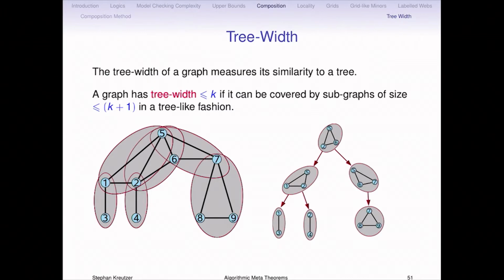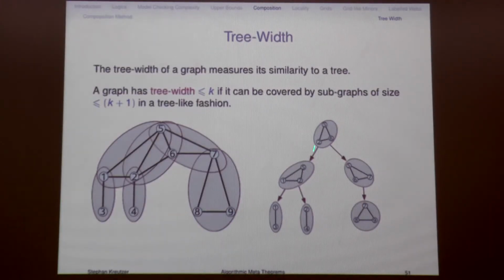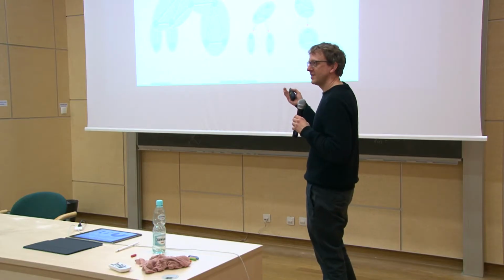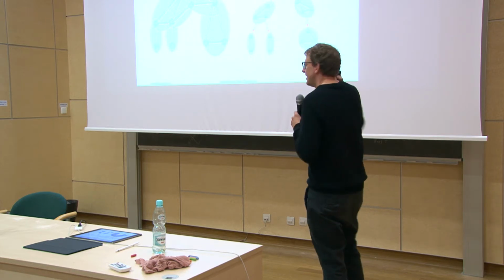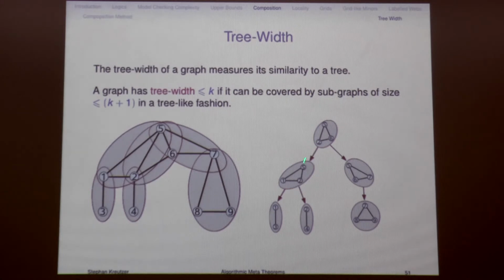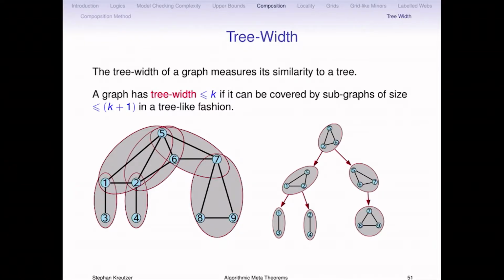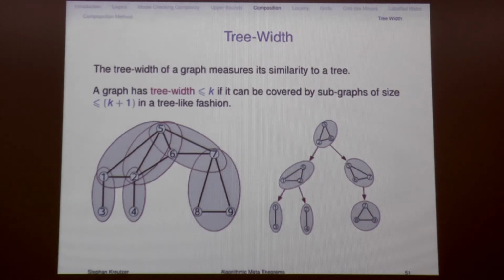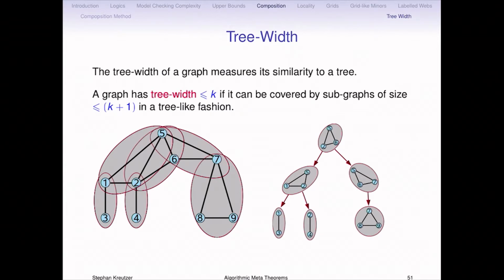Yes, this is true. They all have this vertex 5 in common, yeah? And yet you can draw them like a tree, yeah? Because, what do I want by this tree? I want to arrange them like a tree, so we can apply the same argument as for trees, algorithms. And the property I want is that every edge in your graph appears in one of these subgraphs. You're not losing any edges if you take the union, and you're not losing any vertices.